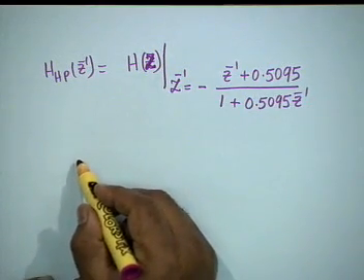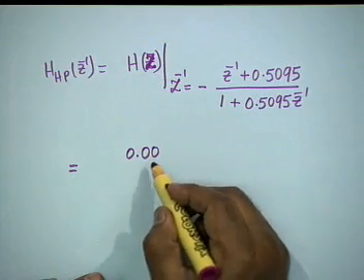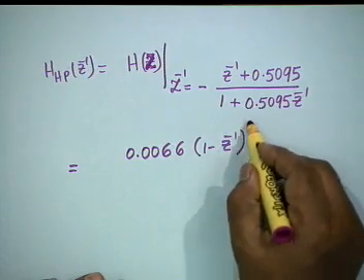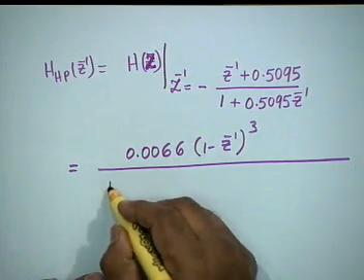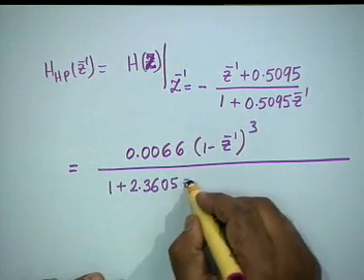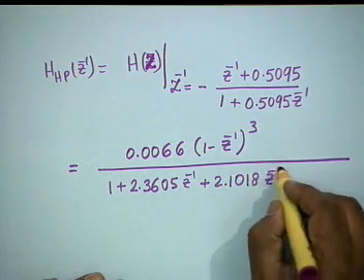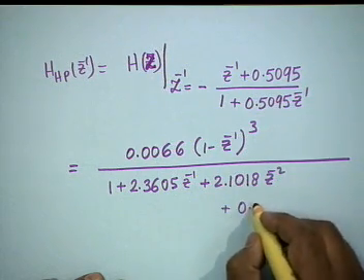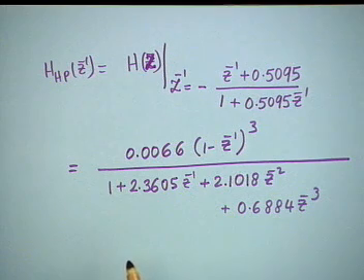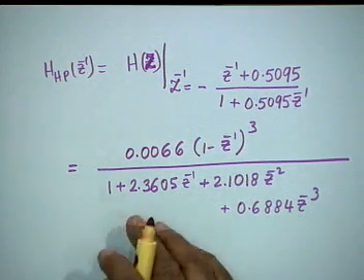And the result comes as 0.0066 (1 minus z inverse) whole cubed divided by 1 plus 2.3605 z inverse plus 2.1018 z to the minus 2 plus 0.6884 z to the minus 3. Before I make a comment on this,